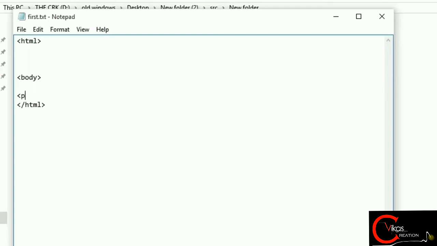We will use the paragraph tag, and we will write "This is the web page." And now we will close our paragraph tag. Then we will close our body tag, and then we will save this file.